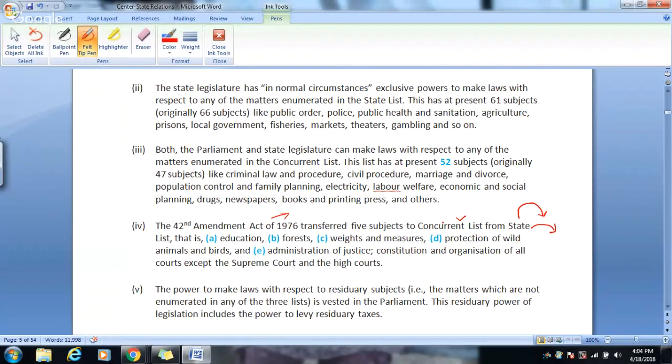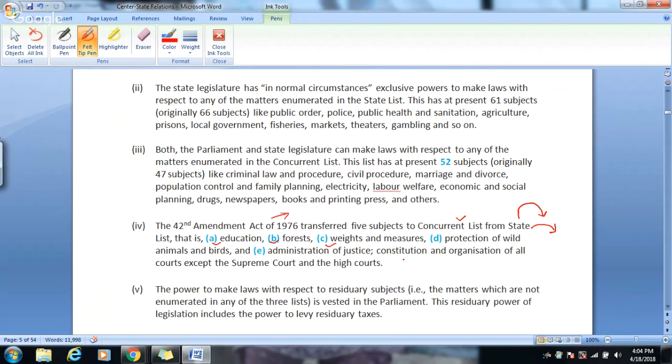So what are those? Those are education, forests, weights and measures, protection of wild animals and birds, and administration of justice, constitution and organization of all courts except the Supreme Court and High Court. So these 5 subjects were transferred from the state list to the concurrent list through the 42nd Amendment Act of